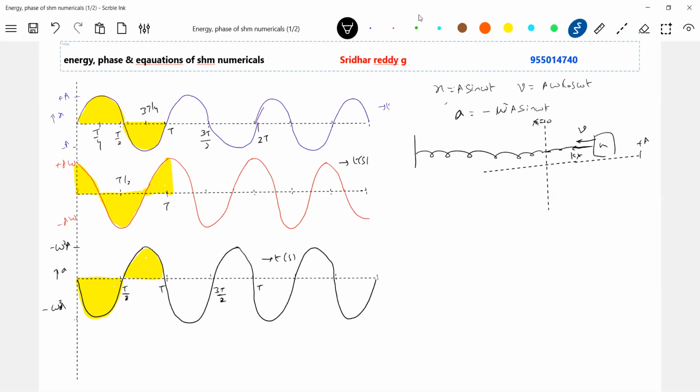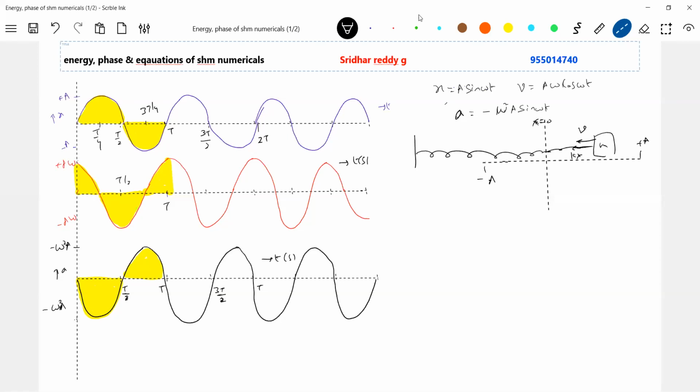So this is plus a, this is minus a. Like this, it will be executing SHM. Okay, I'm showing it clearly. There's a mean position, right extreme, left extreme. So in what all forms? The energy in the form of potential as well as kinetic energy, and the total energy remains constant,